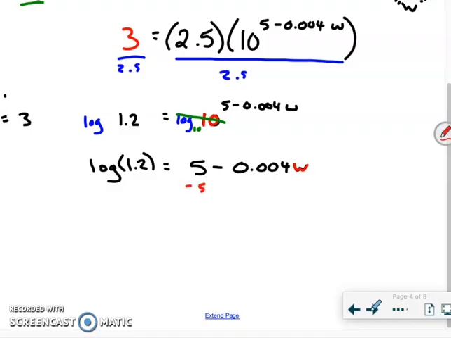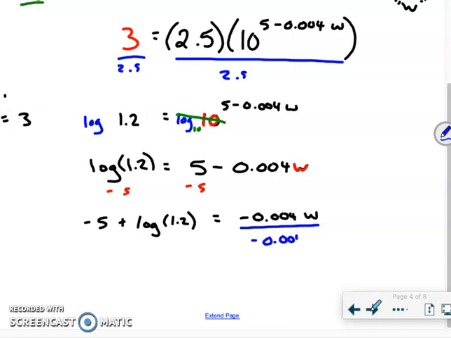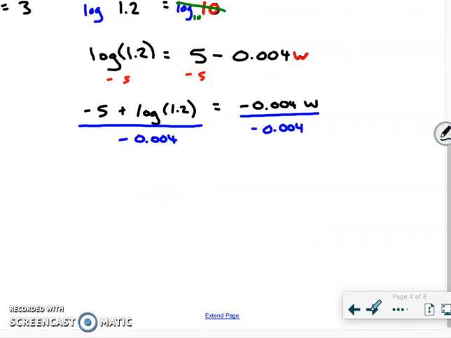So I'm going to subtract the 5 over, which on the left side, I'm just going to leave written as negative 5 plus log base 10 of 1.2 is equal to negative 0.004w. Trying to really truly isolate the w, I'm going to divide both sides by negative 0.004. We're getting close because my left side is just w, the right side is going to be this mess, and when we calculate this out,